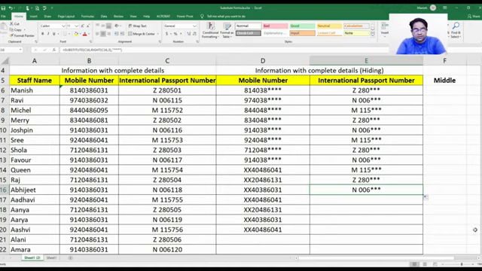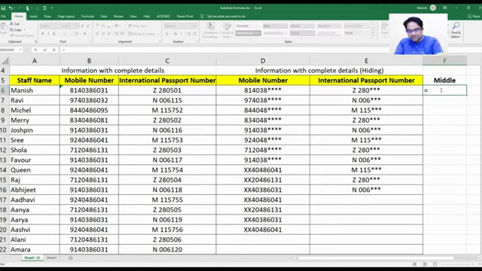Now let me teach you how to hide the middle numbers. Let me write, is equal to LEFT function. We are going to use LEFT, open bracket. We are using the mobile number, comma, how many digits from the left do you want to show? 2 digits, close bracket. Now, and this 1 2 3 1 2, close this one,